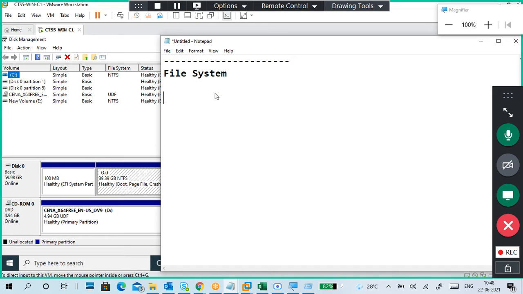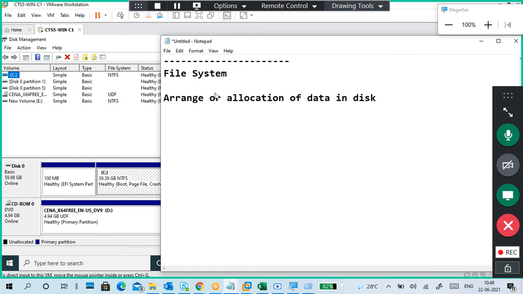In a such order we have to arrange the data. Allocation means placing data in a disk or maybe a pen drive or anything.